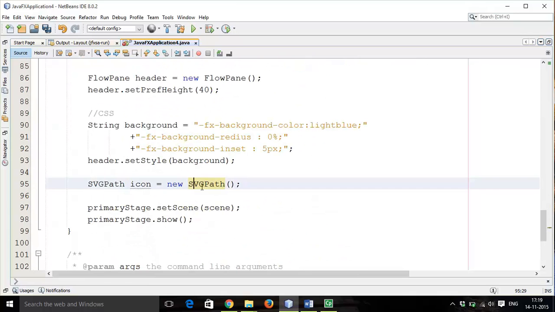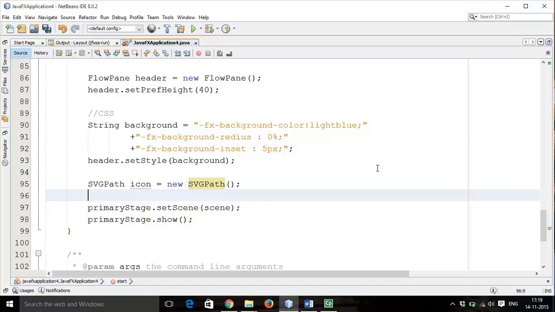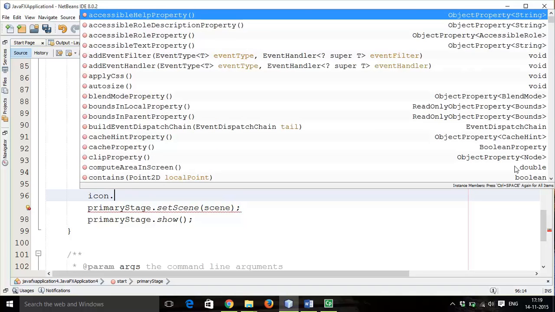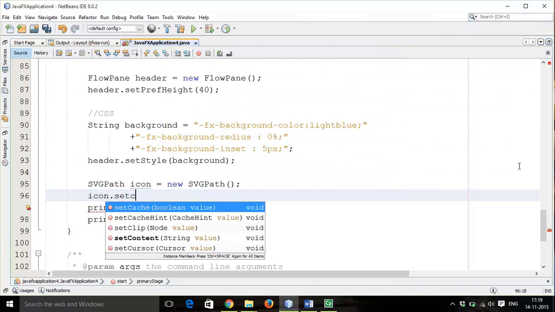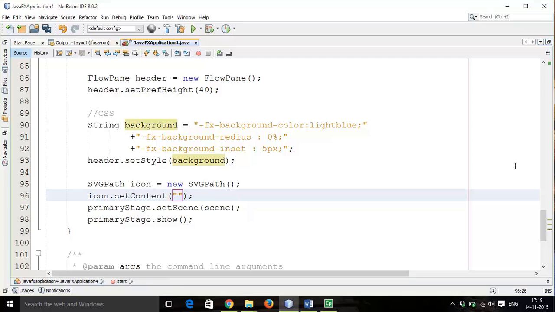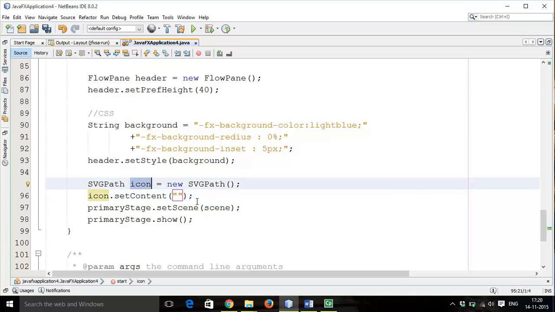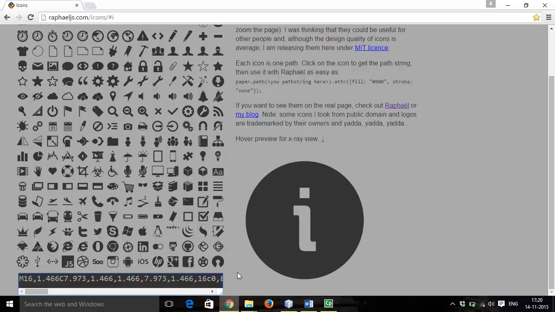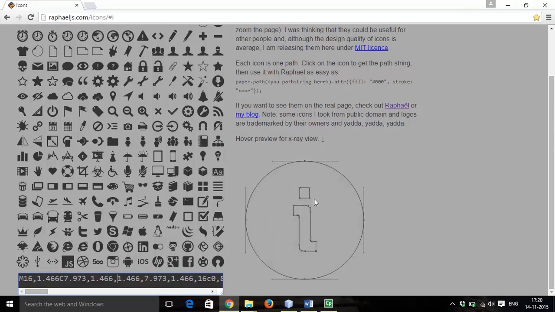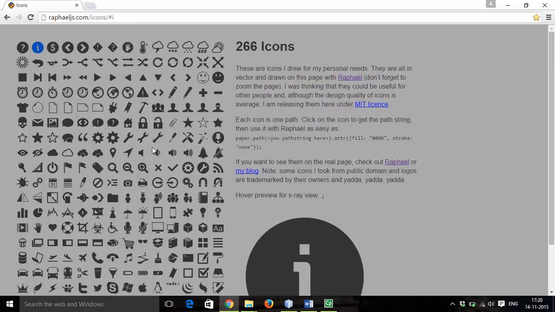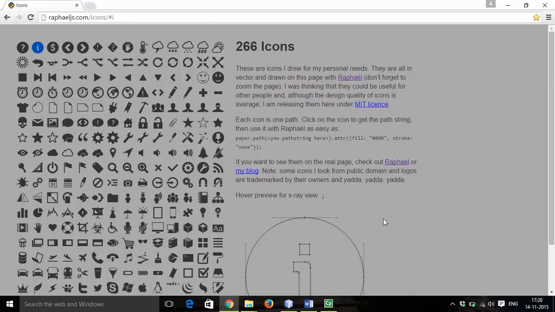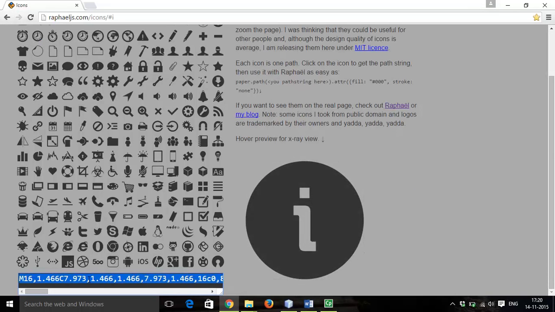Next we have to set the content. So icon dot set content. The content must be in a string format, so for the contents of this icon I'm going to refer to one URL, that is this URL where we will get the constant for this icon. Here is the icon, you will get different icons here, so you can give any icon, but I will prefer this, so I will copy this